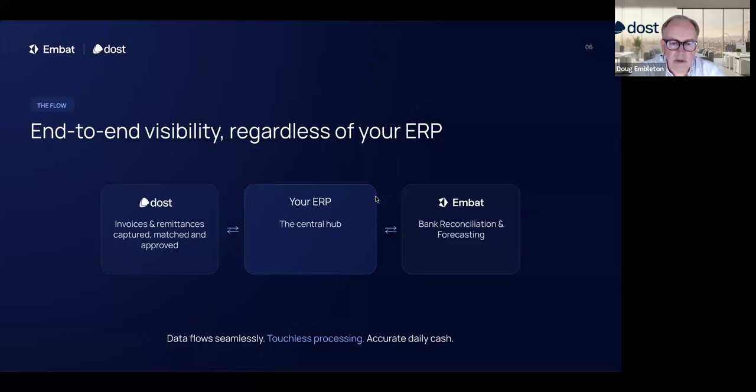Yeah, most certainly. And I think that end-to-end visibility, regardless of your ERP, also, if you know your cash position, you're in a very strong place. But what happens upstream when you've got the MCP and the large language model is you can then start to really add value from the AP team, because you can categorize your spend and say, look, for legal services, what have we spent on a GL across this year?